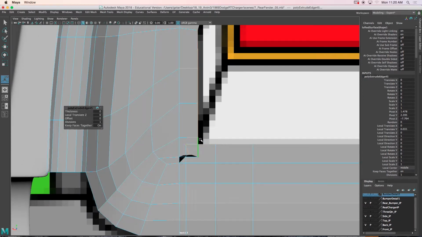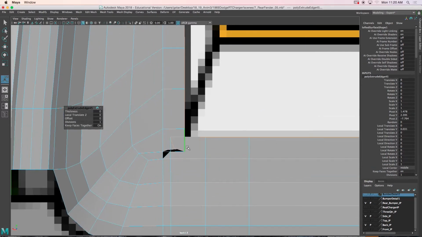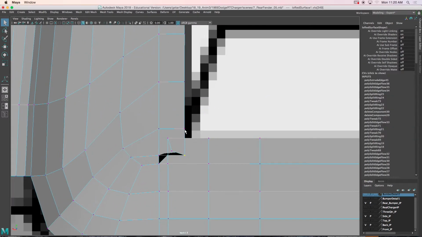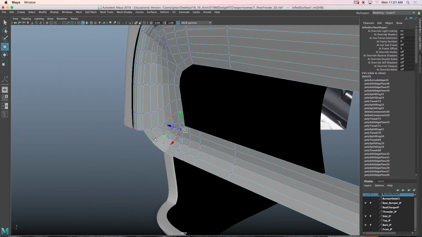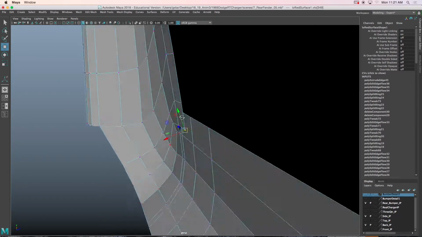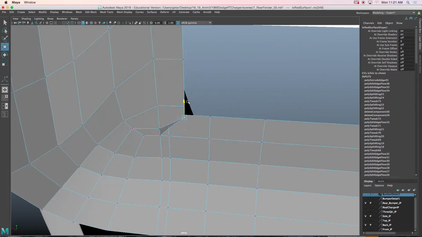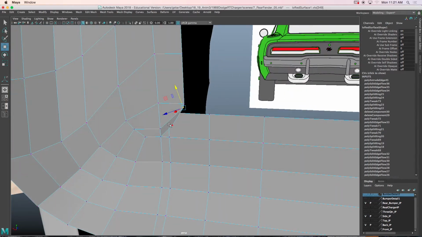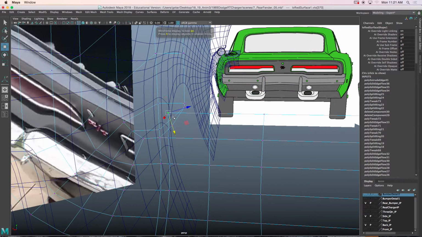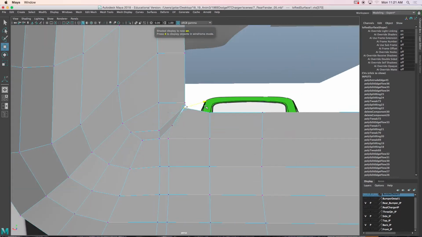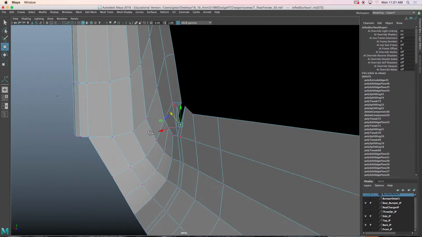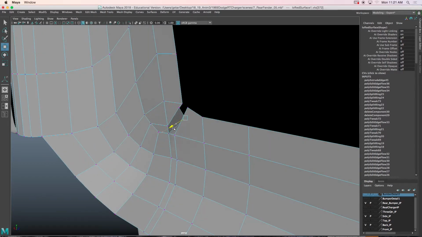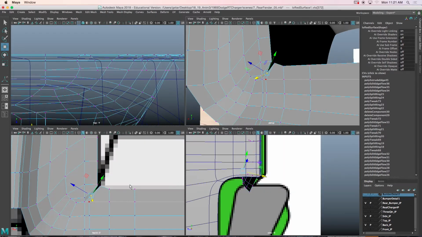When the vertices are very close together on corners like that, you'll have to go in there manually and move them. Now I'm using the world tool. No, actually, this is, what tool is that? That is my component mode. Press 4. I know there's one hiding in there. Press 5. Move this guy back out. And I know it looks like a mess right now, but we're going to